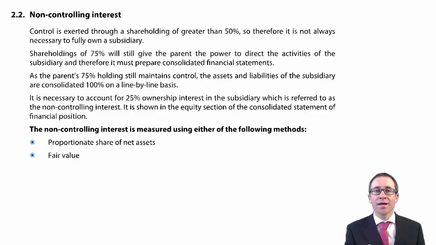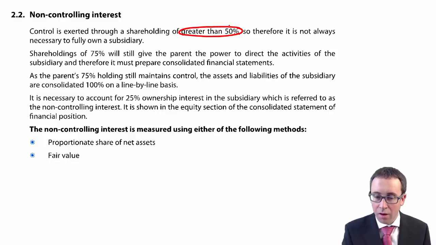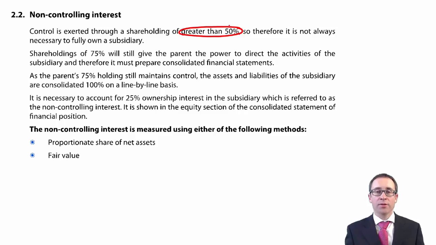But the key thing to understand is that it is all about control, isn't it? And we said there that control is exerted if you have greater than 50% of the ordinary share capital, or the equity share capital, the voting rights. Because if you own greater than 50%, you can pass an ordinary resolution within the business, and you only need to pass an ordinary resolution to be able to elect the directors. Now, if you can elect the directors, you will elect your directors, and if you put in place your directors, you will tell them what to do. If you're telling them what to do, you have control, don't we?